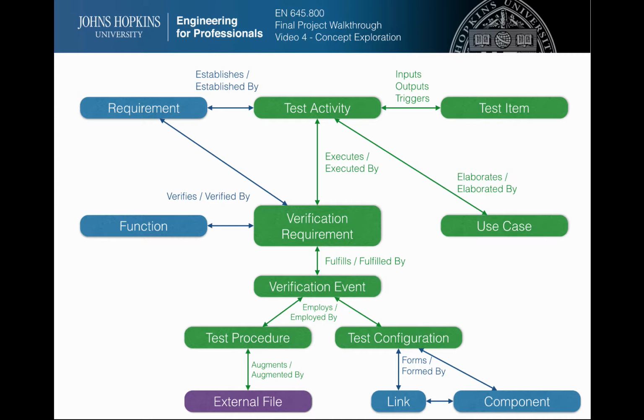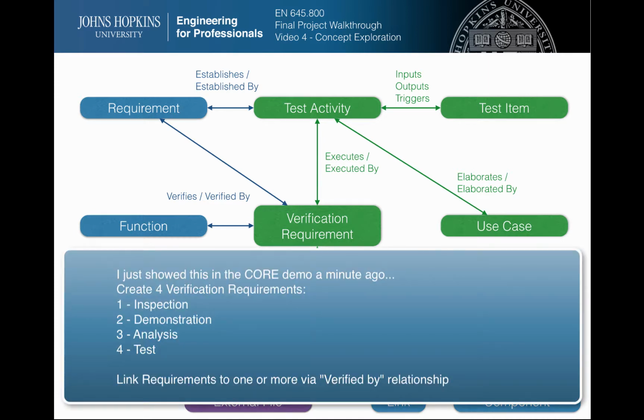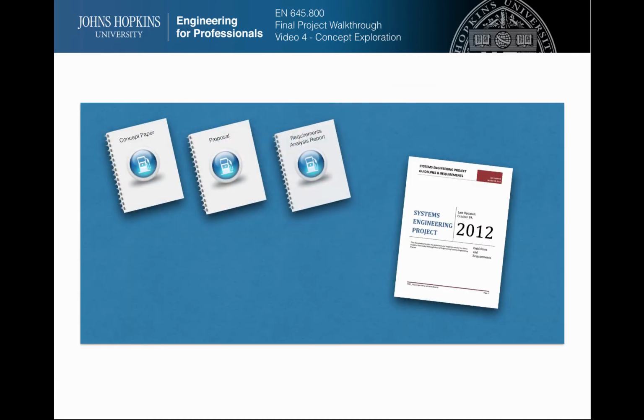However, I feel it's much easier to kind of cheat a little bit and use CORE in a way that it was not intended. If you'd like to keep everything in CORE, just create 4 new verification requirements, 1 for each test method, and link all your requirements to one or more of these via a verified by relationship. Keep in mind that this is not practical in the real world, since you'll use this same architecture and these same elements to begin the next phase of development, and you don't want to be messing your architecture up by dual-purposing verification requirement elements. Refer to your project guidelines for how to properly format and present the requirements analysis report